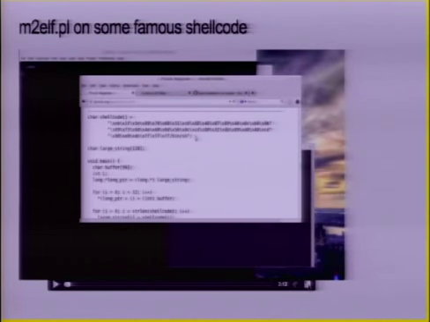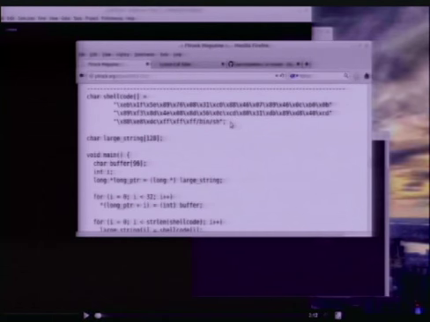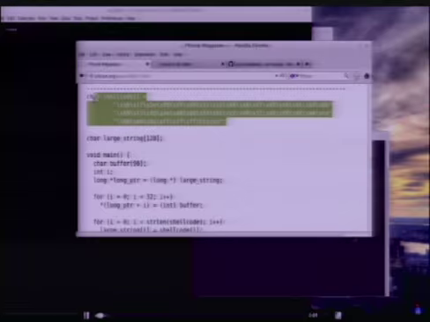I prepared a quick little video of doing that with the shellcode from Smashing the Stack for Fun and Profit. It'll get less blurry in a second here, but I'm on phrack.org right now. I scrolled down to the shellcode, so we're looking at the shellcode up at the top there, and I'll start playing the video. So I'm highlighting the shellcode,